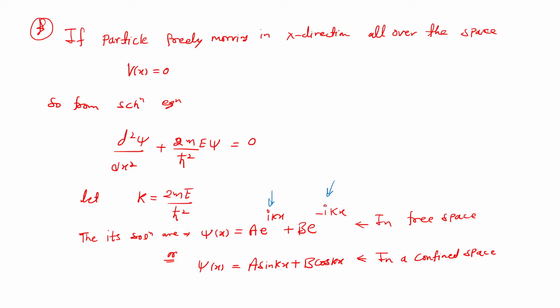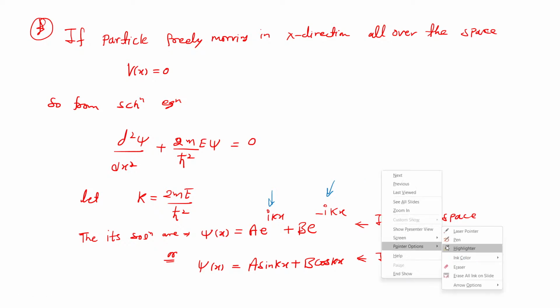Exponential of minus iota kx is representing the negative going wave. So in that case, exponential of iota kx is just a positive going wave